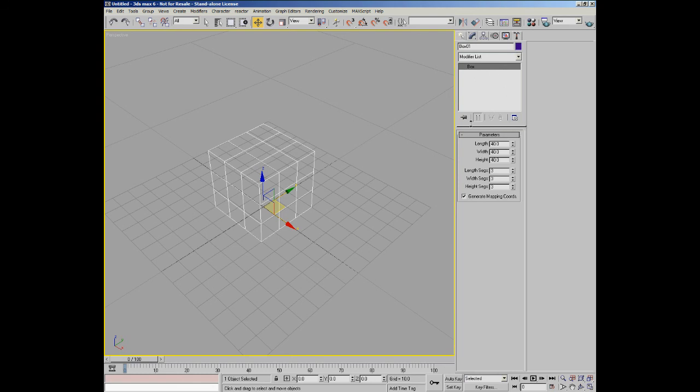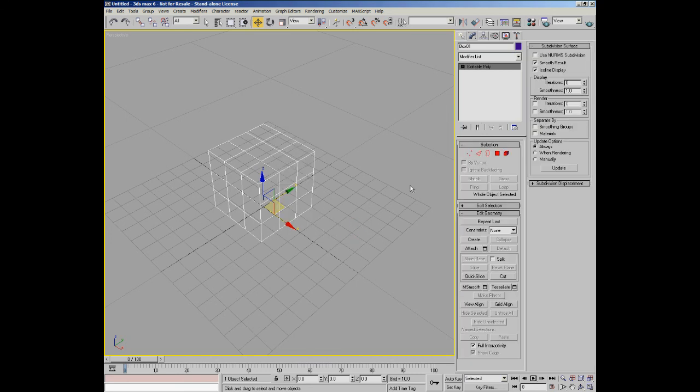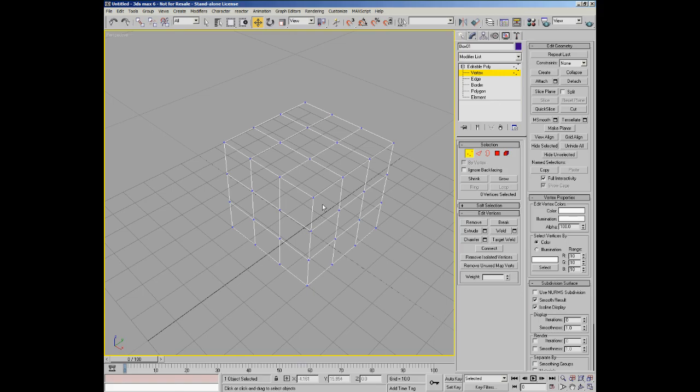So in the stack window, you can see that we have a box, and if I convert it to an editable poly again, you can see it becomes an editable poly, and a plus sign appears to the left of it. If I click on that plus sign, you can see it shows that the editable poly has sub-object types, which is a common interface convention throughout Max, and is also used in modifiers as well. Now in this case, an editable poly is made up on the most basic level of vertices, and you can see that every face on the cube